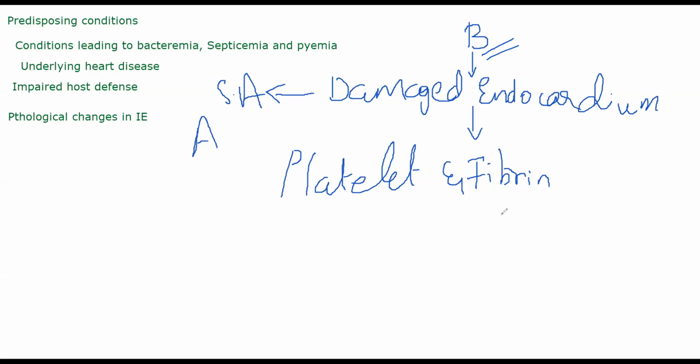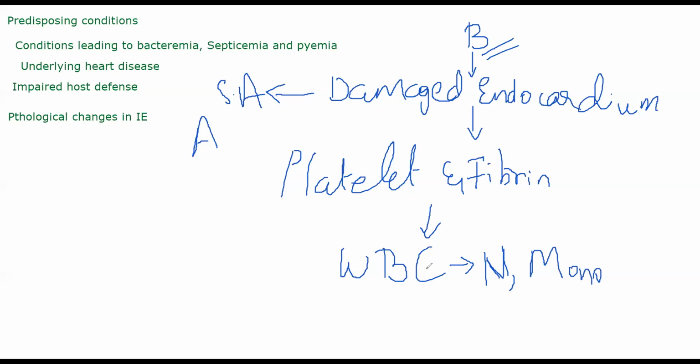Last year you studied the clotting cascade in physiology. That will happen. Platelets will come into picture and they will try to close the hole, or try to close the bleeding. In this space, because there is bacteria, your cells will respond by secreting a few cytokines, which in turn will cause WBCs to enter the area. It will call other inflammatory cells as well: monocytes, neutrophils, lymphocytes. All of your immune system cells are coming here now.